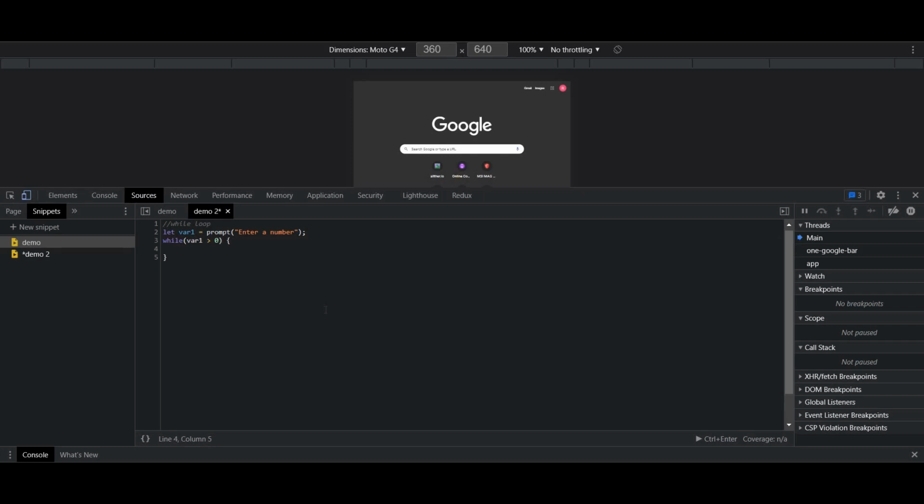In this particular piece of code, we're asking the user to give an input number. If and while var1 remains greater than 0, run this particular piece of code. The moment var1 becomes 0 or less than 0, quit from this loop, and the program ends here. So let's